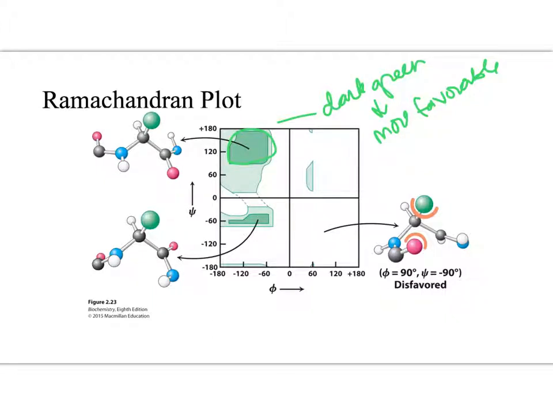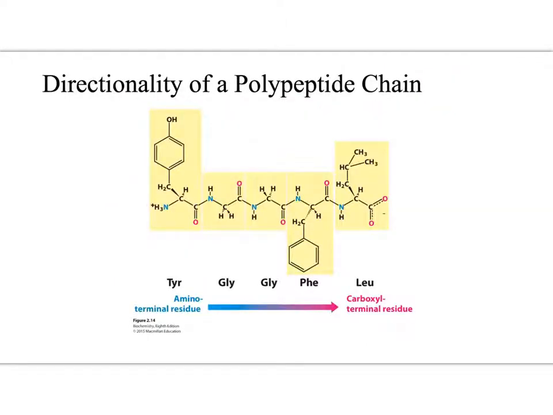So in the picture, the angle combinations shown in the lower right quadrant, which we see in this structure, are going to be unlikely. That's because we see that there's steric hindrance present. Whereas those angles shown in the upper left quadrant are going to be more likely because we minimize that steric hindrance. So the angles that we observe are going to dictate the way that these are going to fold,